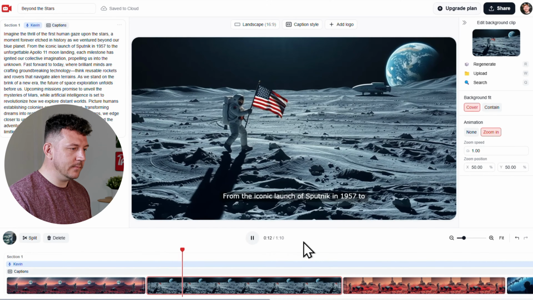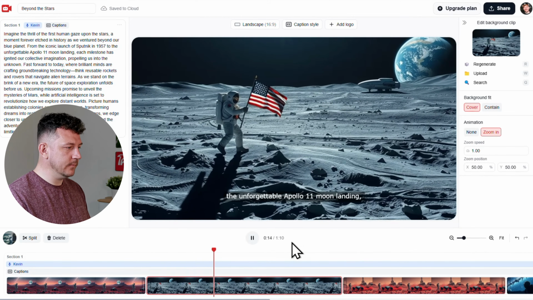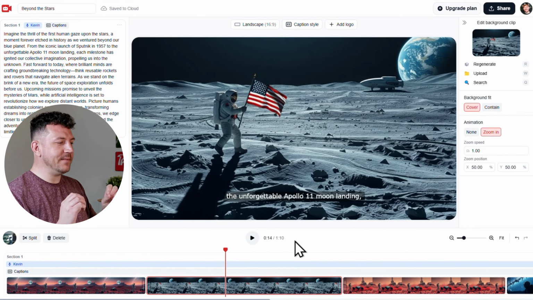The iconic launch of Sputnik in 1957 to the unforgettable